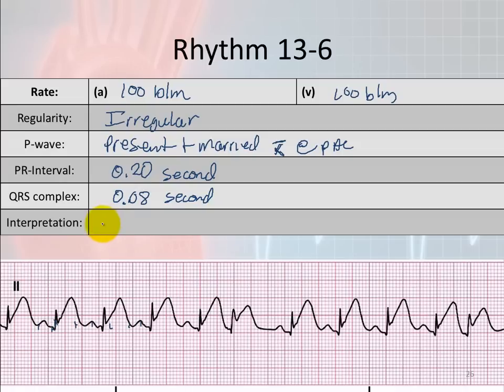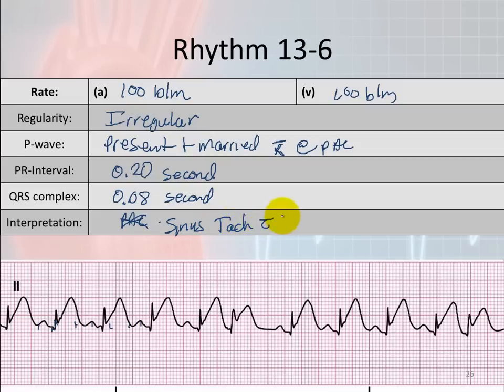Our interpretation, underlying rhythm always goes first. Now I keep saying that, and what that means is you cannot identify this rhythm as PAC because that is not the rhythm interpretation. That is the problem with the rhythm. That is not the rhythm. So you have to put what the rhythm is first and then start identifying all of the anomalies and all of the issues with the rhythm strip. So the rhythm strip right here, the interpretation is sinus tach